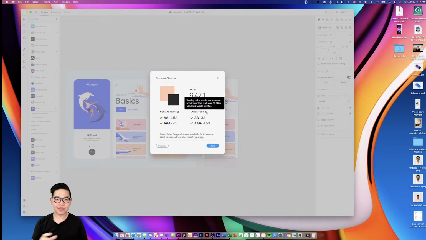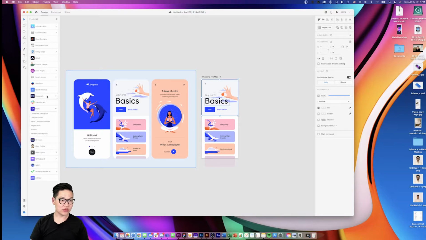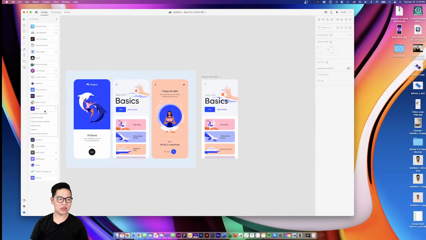And the large text is, as it says, for 18.66 and larger, or bold weight at 24. And then this, so large text, small text, and the paragraph. We can try another one and just select the text, the background, and you just go to check contrast again. And then there's a faster way to check through your entire project, is to go to the